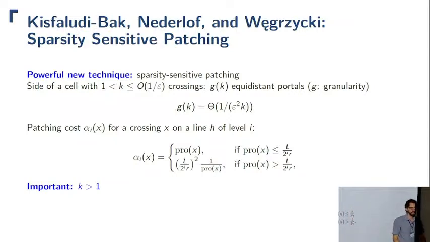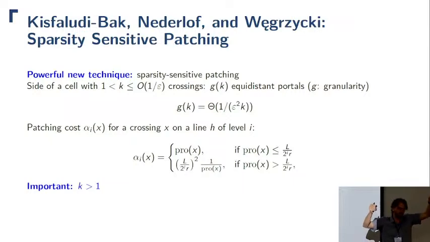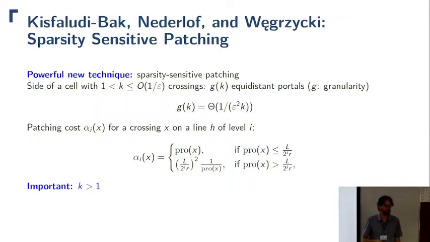So what's the idea? If the portal crossings are very close together, like points that are close together and want to cross, then we can combine them pretty well into one crossing. And if they're far away, then they build up some potential, and then we can actually afford to do other things. And this is represented in this function here. So this is a function that tells us how much we actually pay for those crossings. It's a bit technical, but